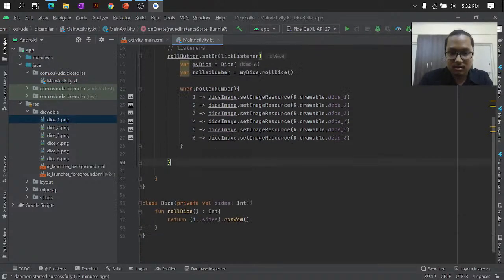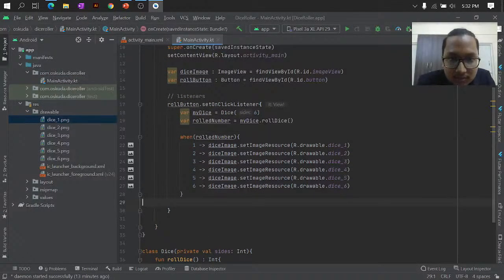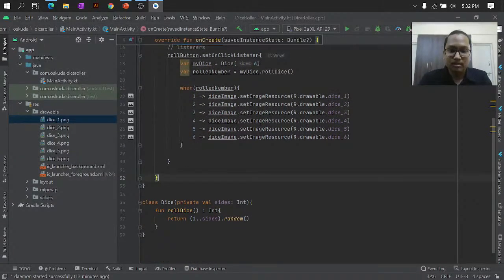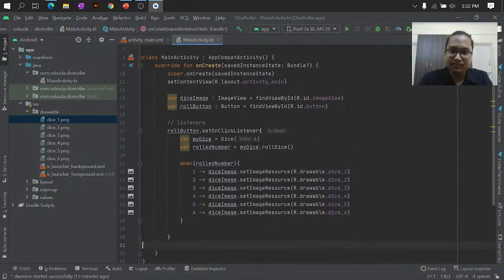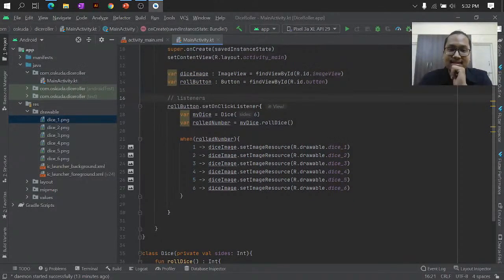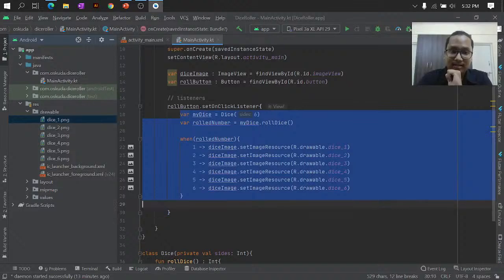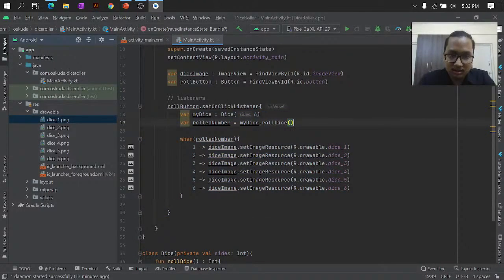So this is basically the logic. What do we have here? That's not an error. So what happens is we have a reference to our views that are on our layout over here. We have a reference to the dice image and a reference to the roll button, and we are setting up a listener on our roll button. So our roll button is going to listen for any click events, and whenever you click on that button, the lines of code in between these curly braces are going to be run. So whenever you click on the button, we